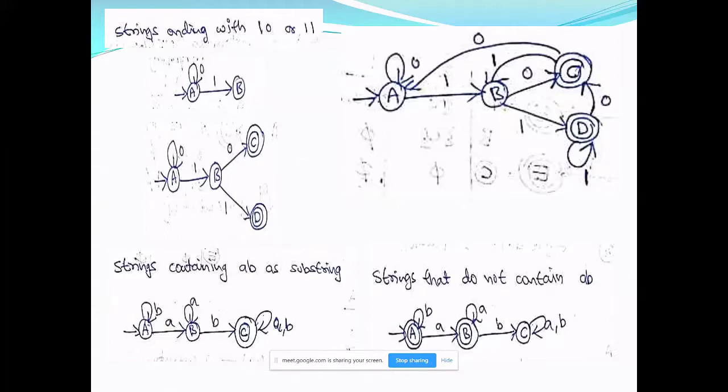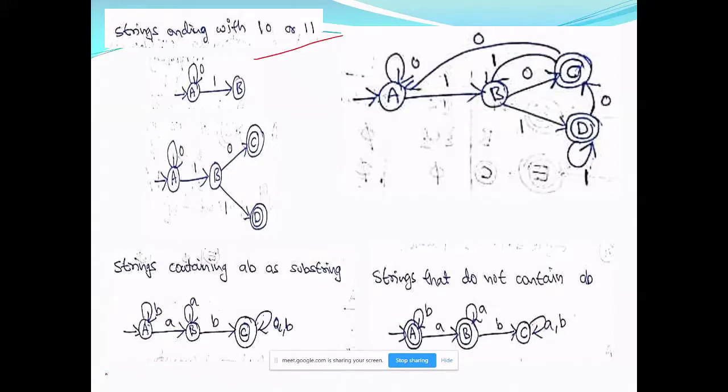Right, coming back. Now I am taking another language which has more patterns. Earlier I have taken a simple language, ending with AB. Now I am going for ending with 10 or 11. Now the pattern is a little bit extended. Earlier it was only AB. In place of A, I have 1, in place of B, I have 0. Or you can extend it to whatever the input symbols are, whether it is AB or 0, 1 or XY or whatever it is, we don't mind.